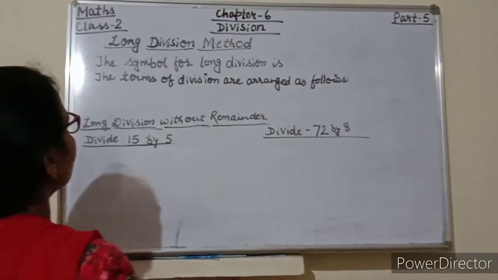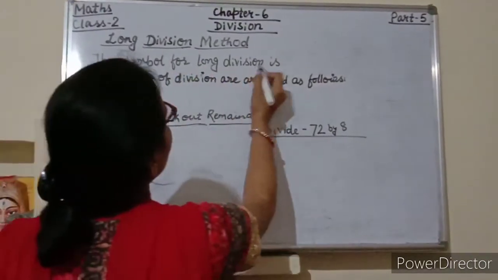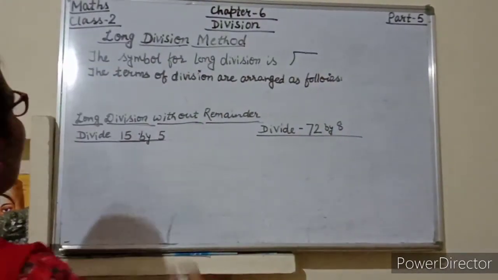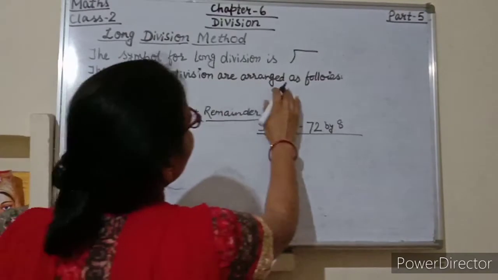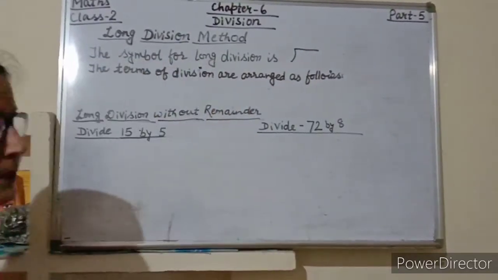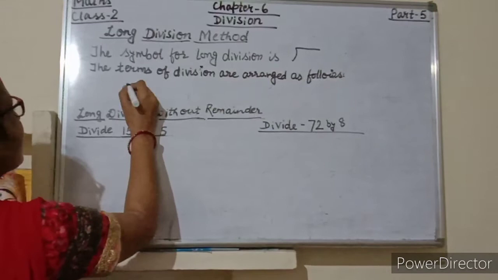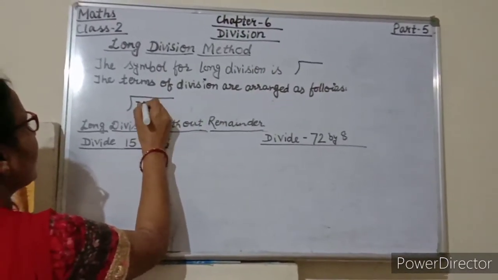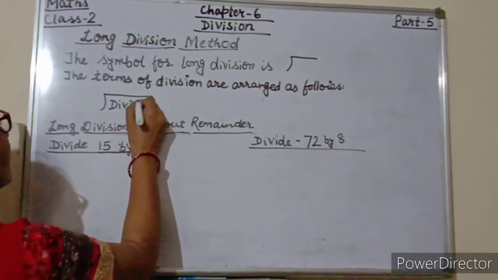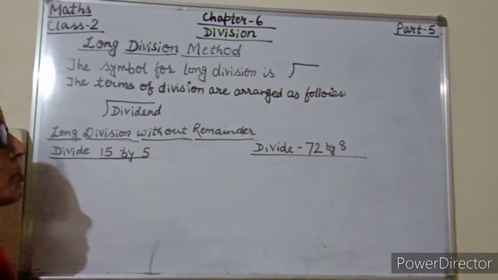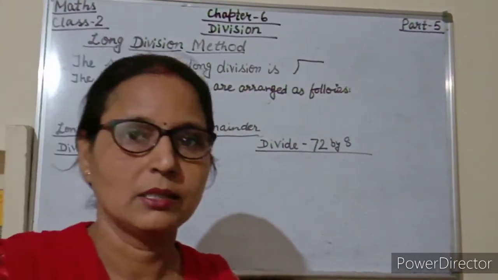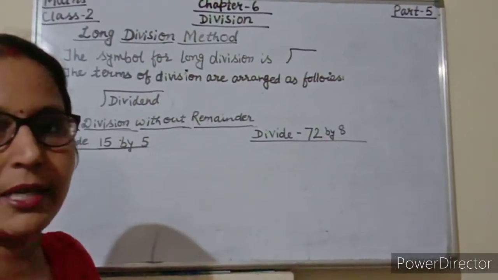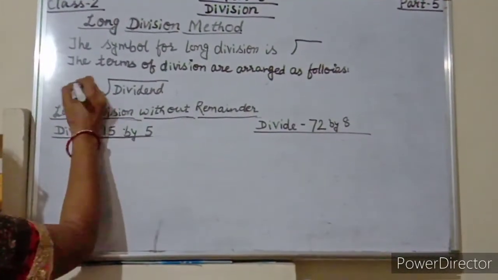See, this is the symbol for long division, and the terms of division are arranged as follows. Here we will write the dividend. So students, can you say what is the dividend? Yes, the number which is divided is known as the dividend, and here we will write